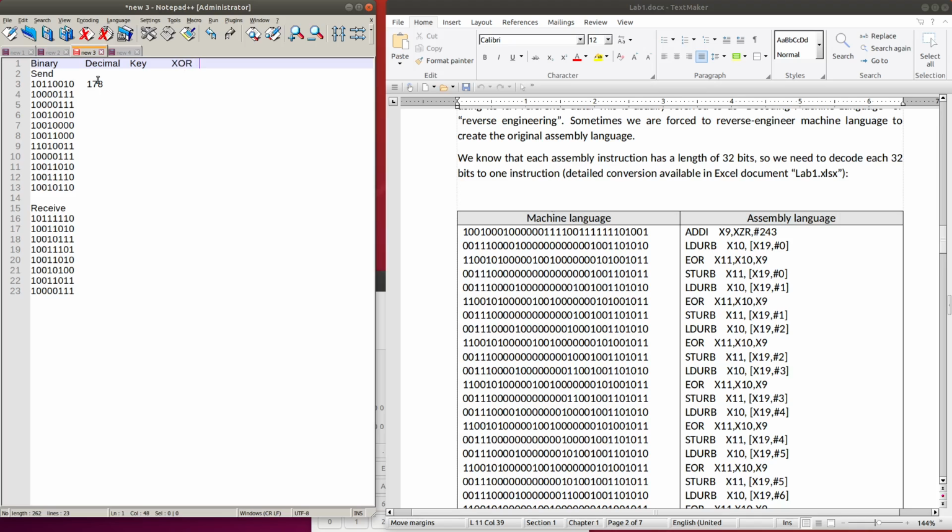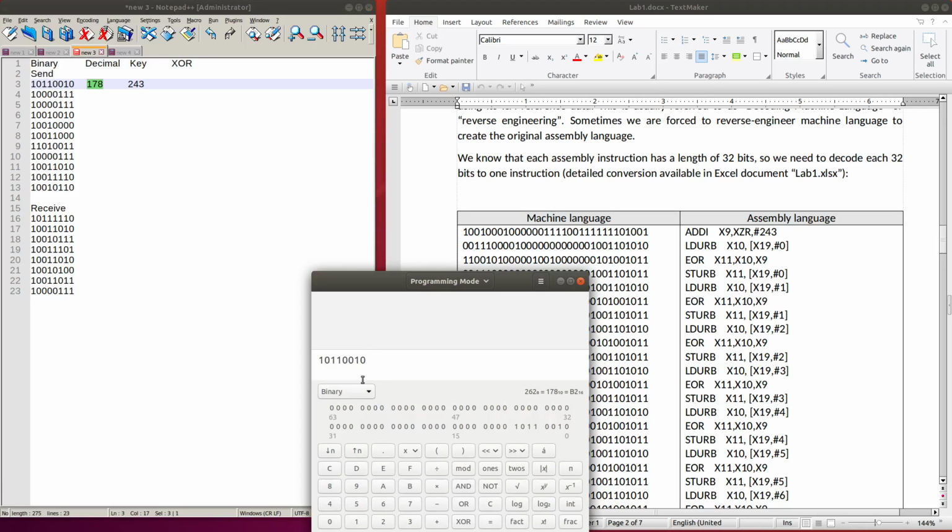So now we take 178 and the key here is 243. We have to change this data from binary to decimal.